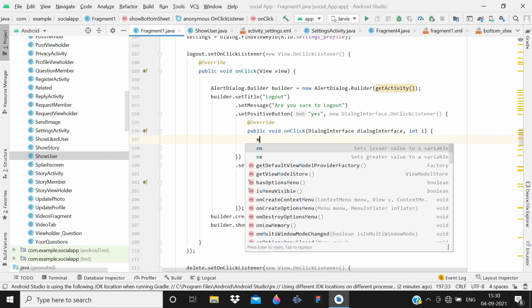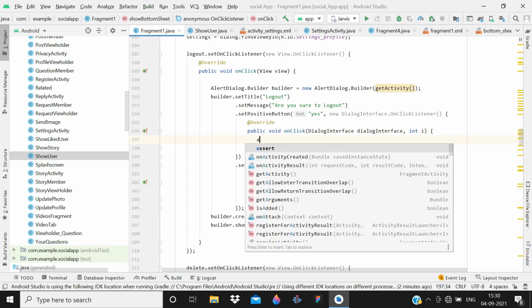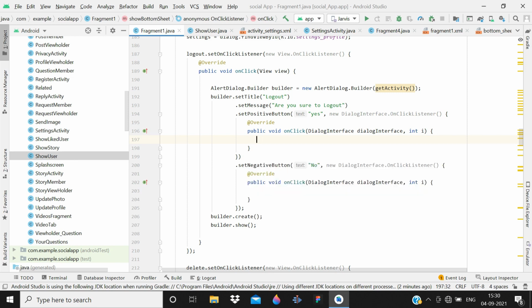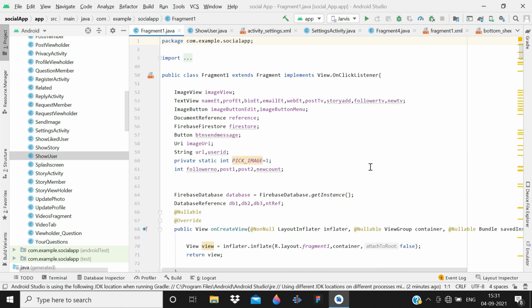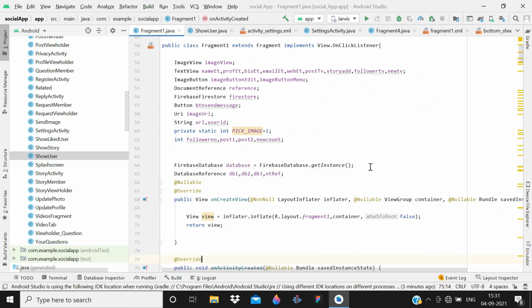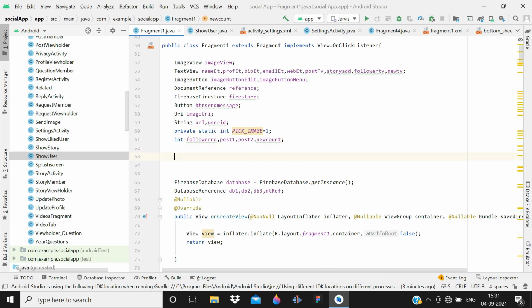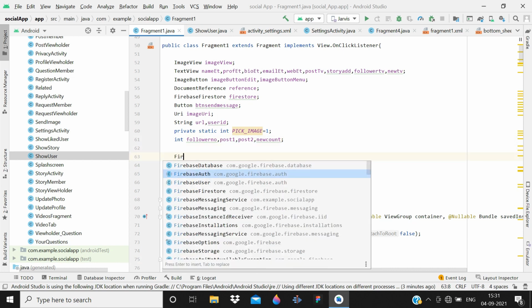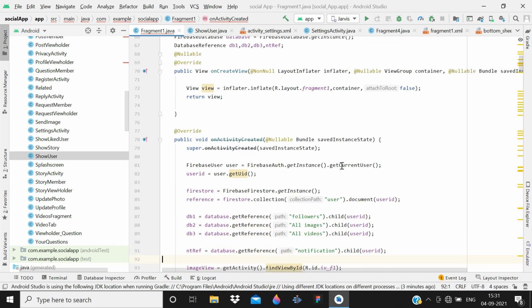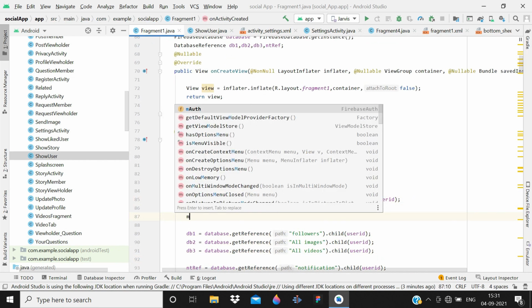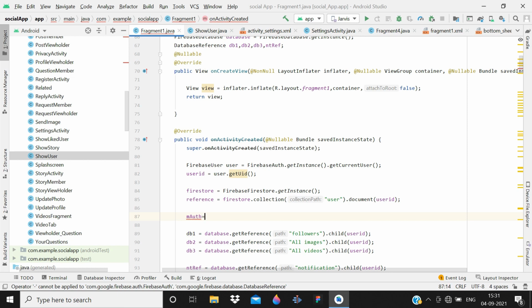Firebase sign out, FirebaseAuth. Actually we are doing that stuff in the bottom sheet menu, so simply write FirebaseAuth mAuth; and then inside here you have to give mAuth equals FirebaseAuth.getInstance();